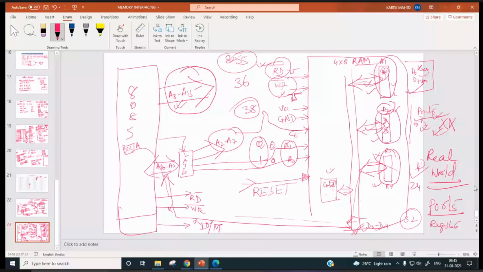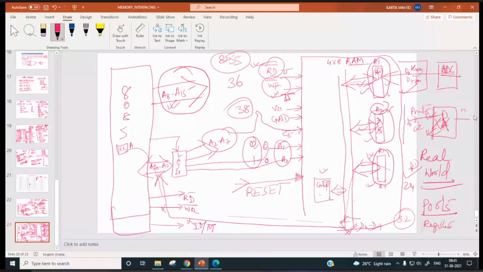Of course, these ports will be read, but these ports are actually connected to our devices like ADC, analog to digital converter, and DAC, digital to analog converter. So it will send digital data, it will produce the corresponding analog voltage, and this can be used for control purposes, right? So now these are the pins: read bar, write bar, IOM bar.